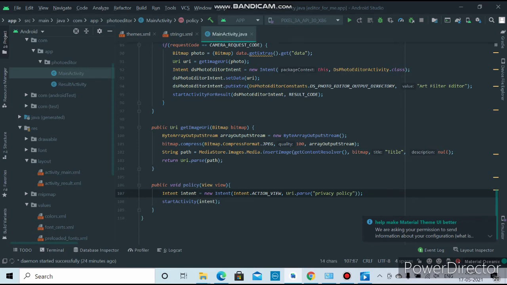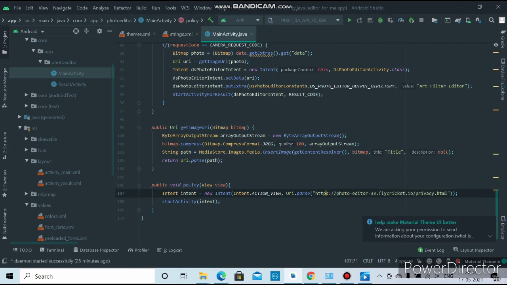You want to cancel that, and inside that double quote we want to paste our link. So after pasting the privacy policy link, your app is ready to go.